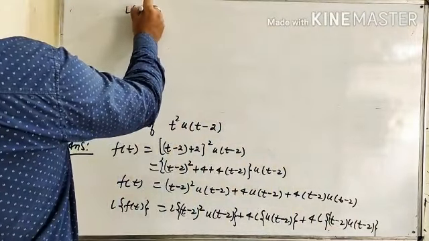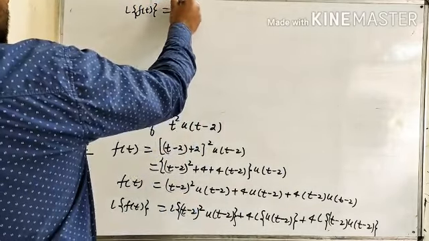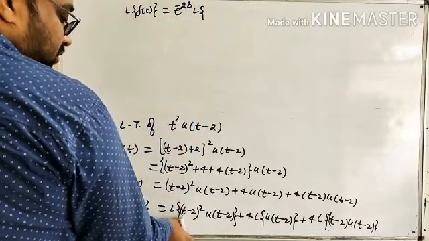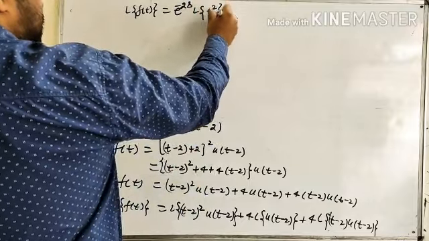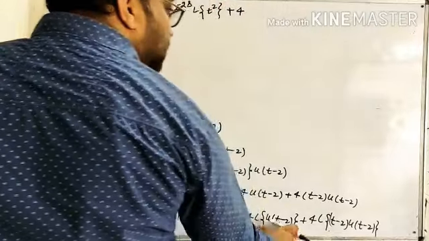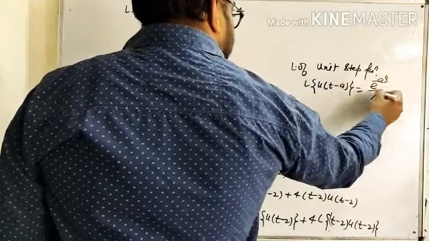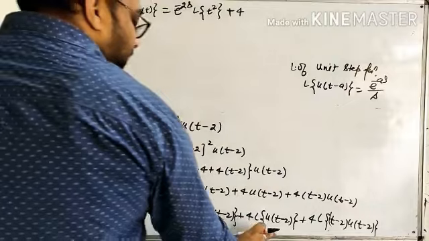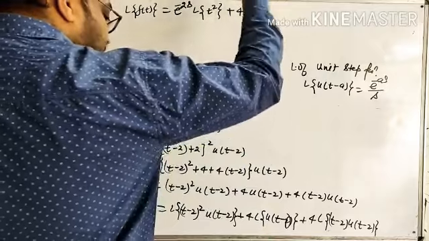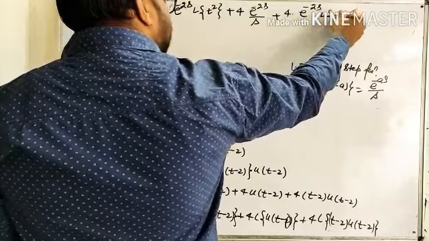So the Laplace of f(t) is equal to, here what is a? a is 2. So we can write e raised to power minus 2s and the Laplace of what is f(t)? Remove this minus 2, and this converts into t square. So we have to find the Laplace of t square plus 4 times the Laplace of u(t minus a), which is equal to e raised to power minus a s upon s. Directly, a is 2, so e raised to power minus 2s upon s plus 4 times e raised to power minus 2s and the Laplace of t.